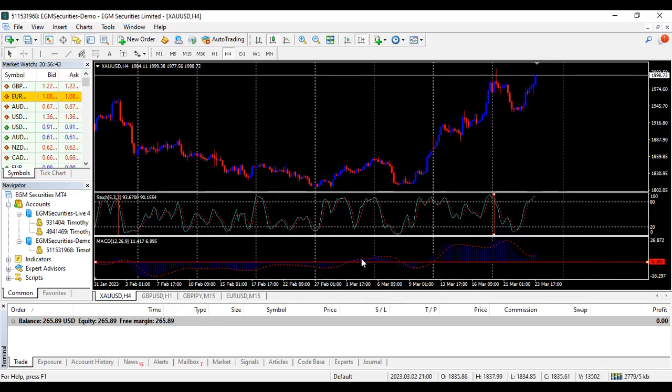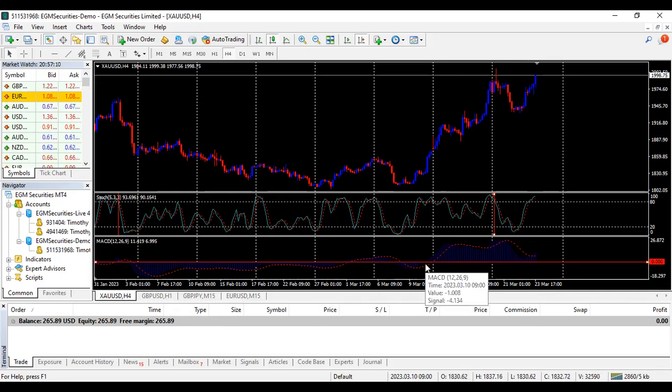And anytime it goes above, again, it diverges. So that is the reason why it's called moving average convergence divergence, MACD, because it converges and diverges away from the middle line, which is the 0.00 line. So basically what I want you to note here is that once the market is at the 0.00 line,